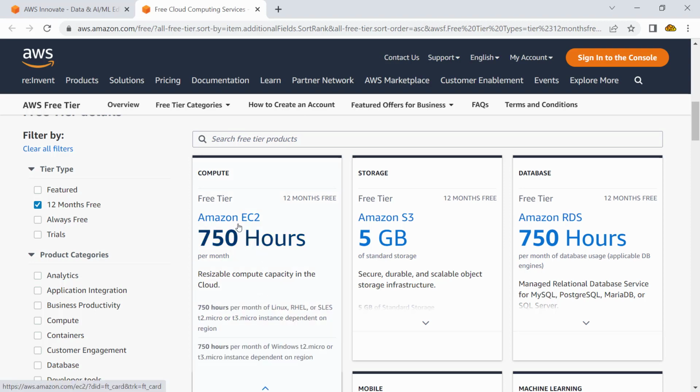So if I'm looking for one service here, which is called Amazon EC2, Elastic Compute Cloud, to run virtual servers, it would give me two. These are small machines to experiment with, and I would get 750 hours per month for this type of machine with this operating system. But if I go beyond that 750 hours, I would be required to pay money.